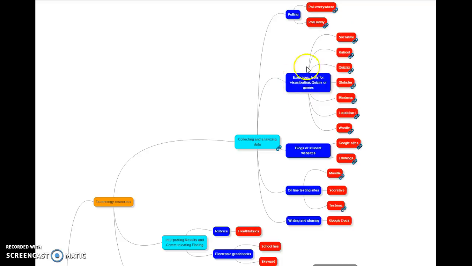There are websites that'll give you some exercises, tools for visualization, quizzes, or games. Things like Socrative, Kahoot, Quizlet, Glogster, Mind Maps, Lucidchart, Wordles. Those are all great ways to get a sense of what students are learning, particularly in that formative area. What are students learning, and where is their thinking with respect to a particular concept? And then